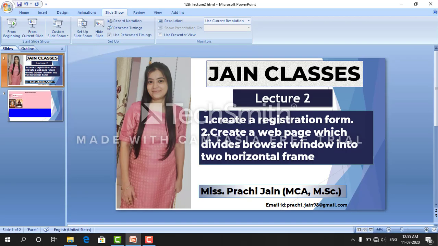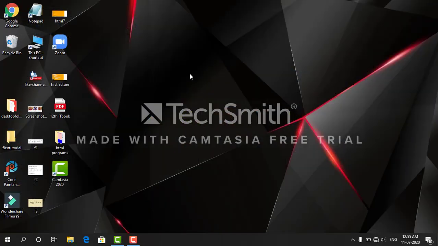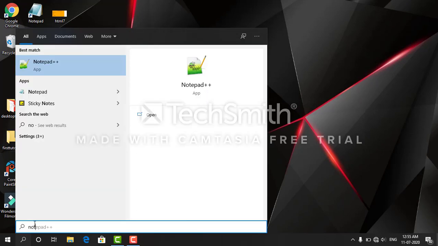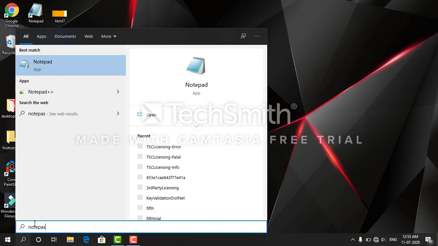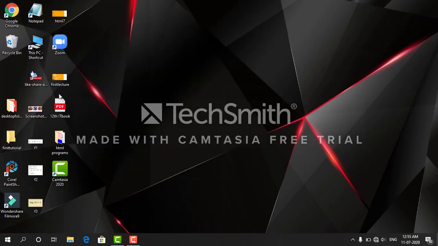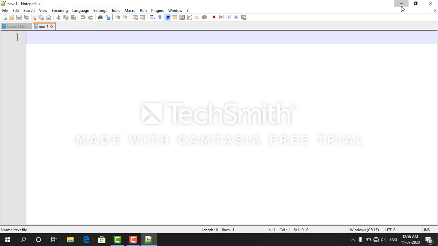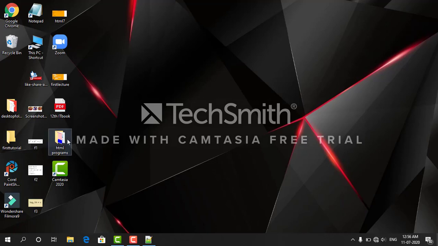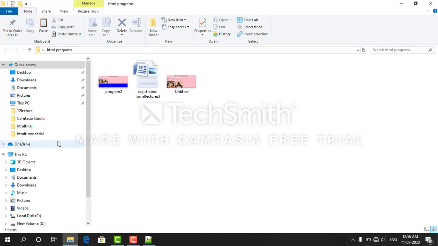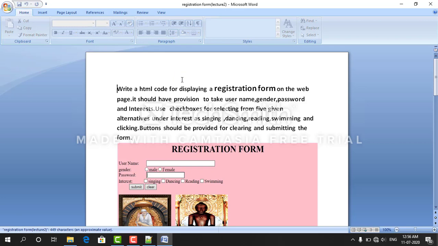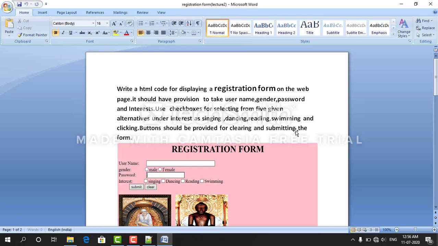To create this kind of output, I want to create one program in Notepad++. Firstly, take a new file, and to do any programming we just have to imagine the output. That's why firstly we will imagine the output. For that I have already prepared the paper, meaning I wanted this kind of output.